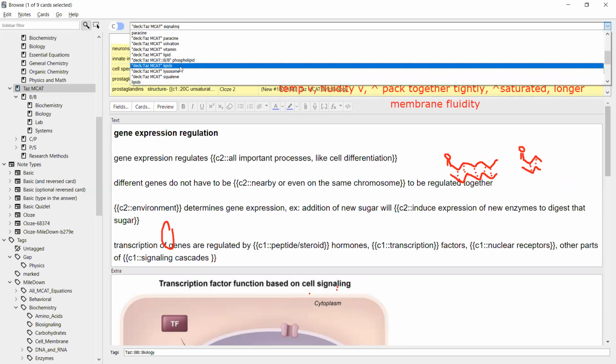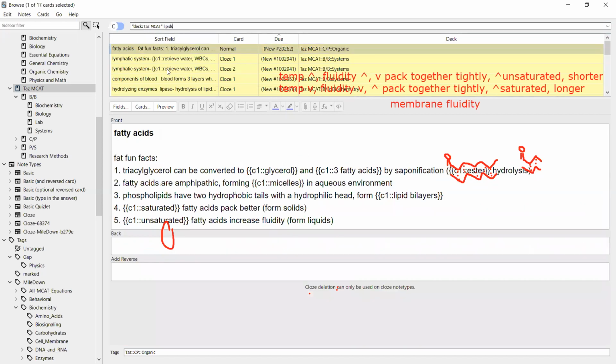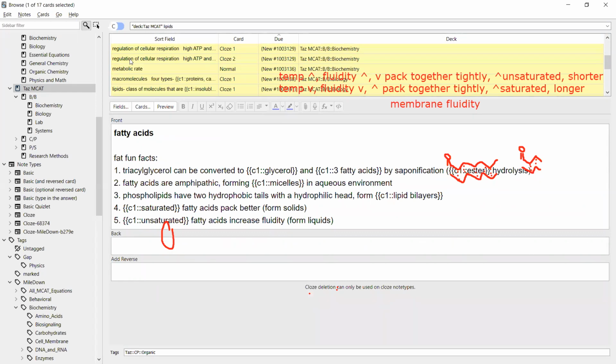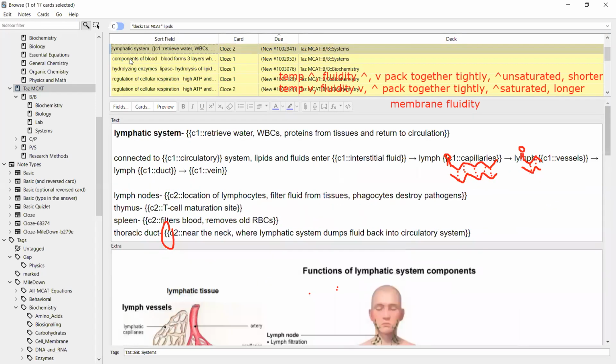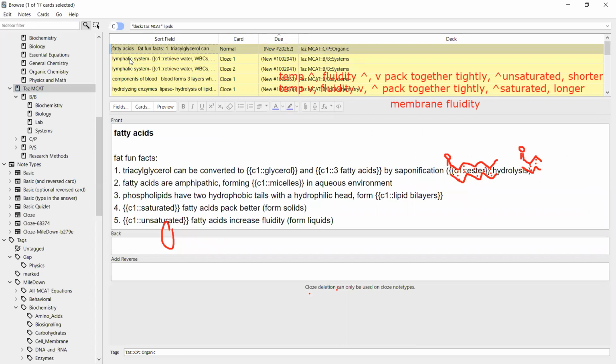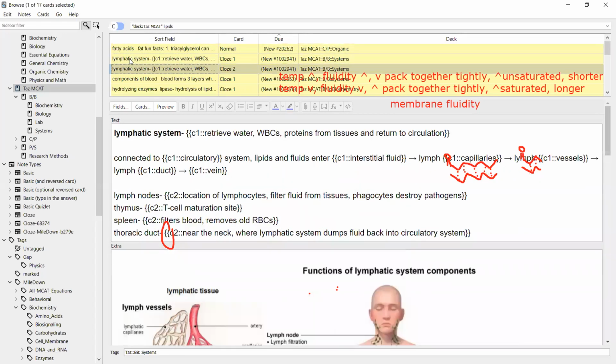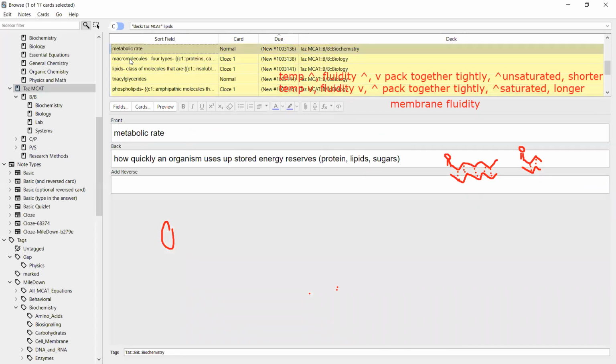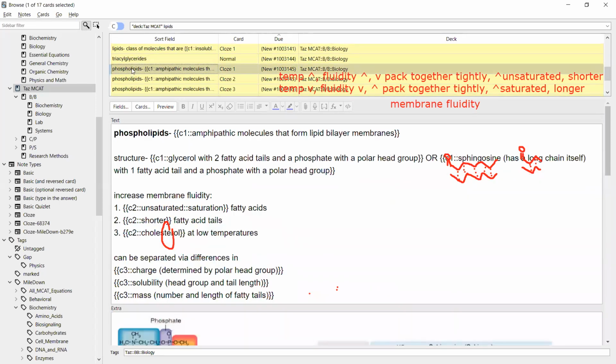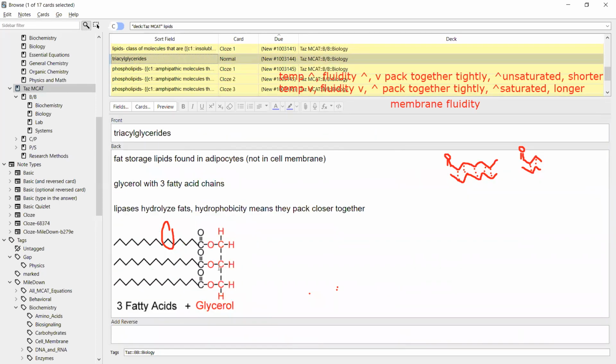Squalene, lipids, something with lipids. Well, okay, in any case, let me just show you the structure of a regular triglyceride. Okay, so this is perfect. This is a hydrolyzable lipid. Why? Because